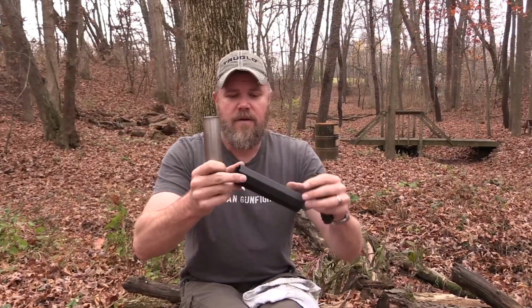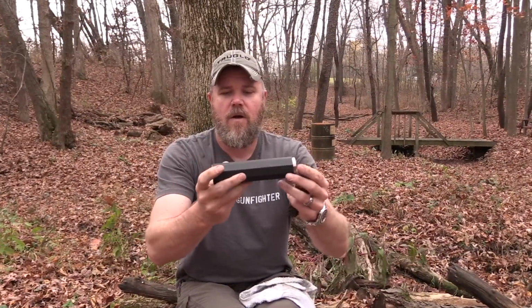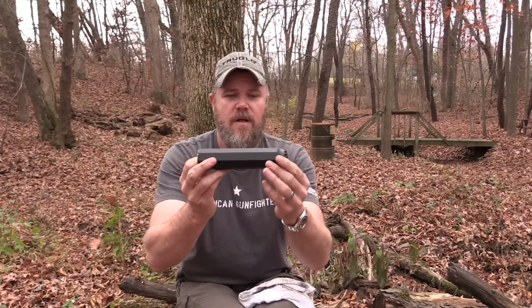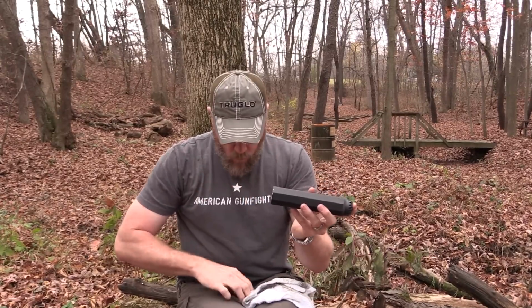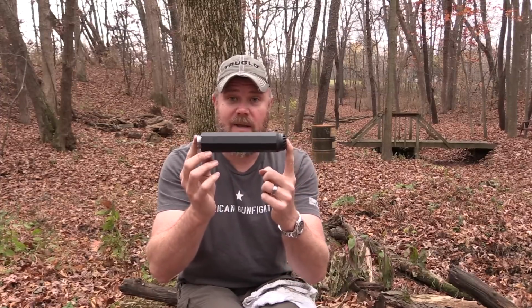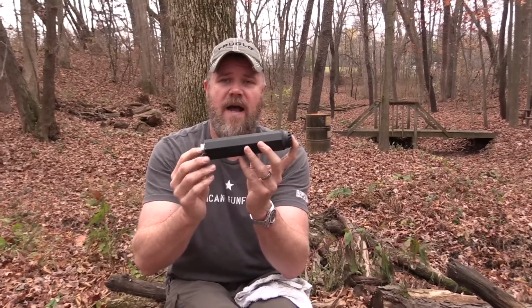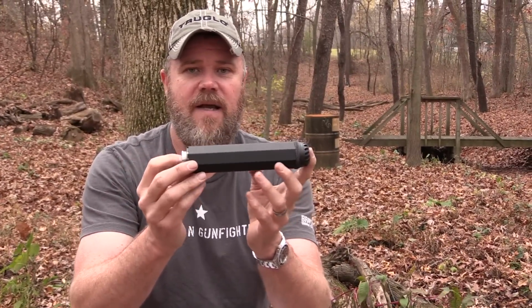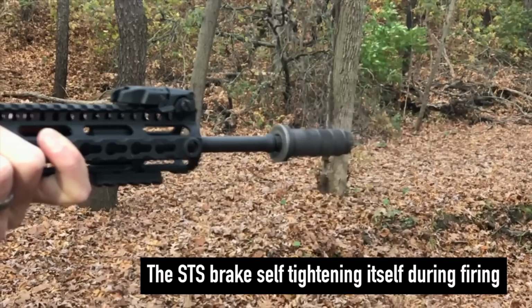Put it all back together. You just slide the sleeve over, put your core in. Now these will stay loose while you carry them in your bag, but once you mount it to the gun, it tightens up. And what's really cool is that when you fire the can, you just have to snug it. When you fire the can, the self-tightening muzzle device and the can, everything tightens itself to the rifle and will